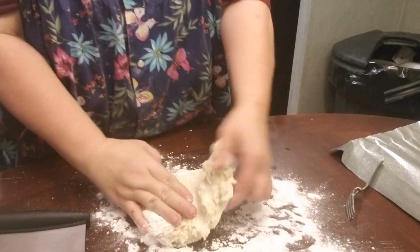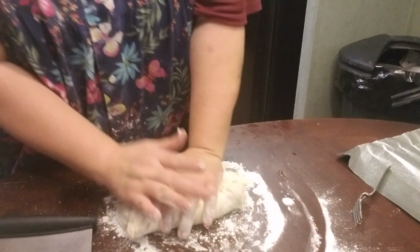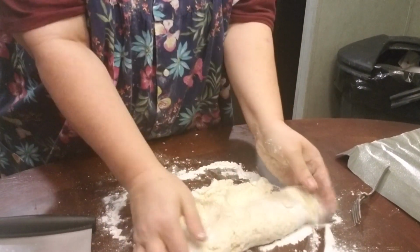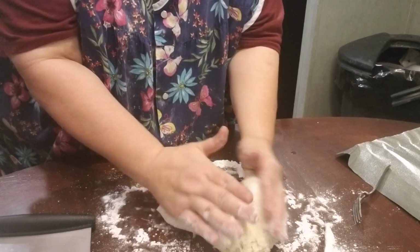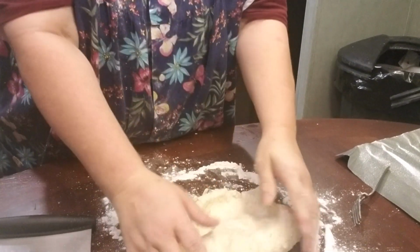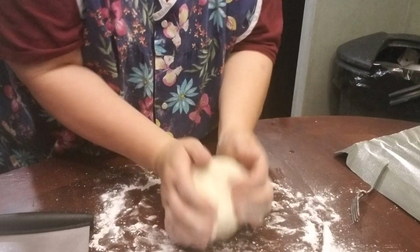Let's see. And what you do is you just spread a little flour out on the table, and you just start doing like this right here. Pulling back and pushing forward. Taking the ends in, pulling back and pushing forward. Taking the ends in, pulling back and pushing forward. That's going to knead your dough. Okay, and when it gets kindly Play-Doh-y like,